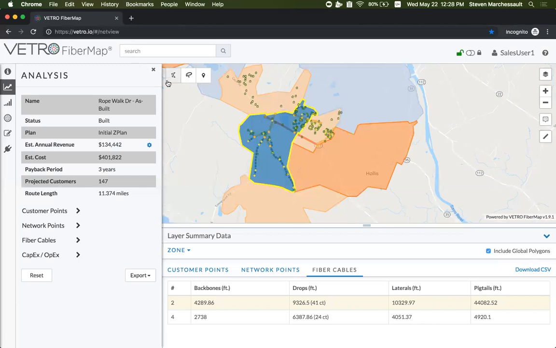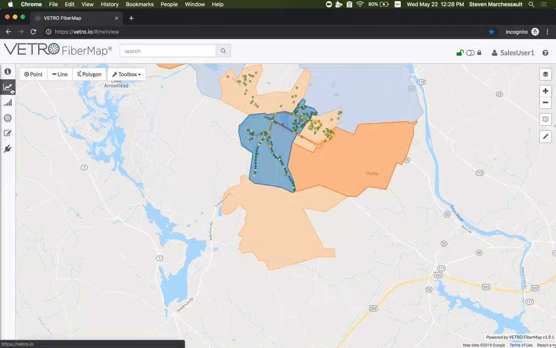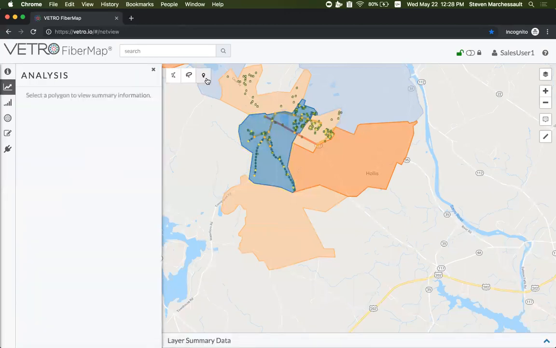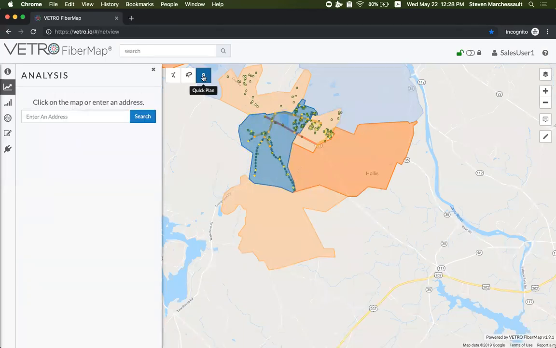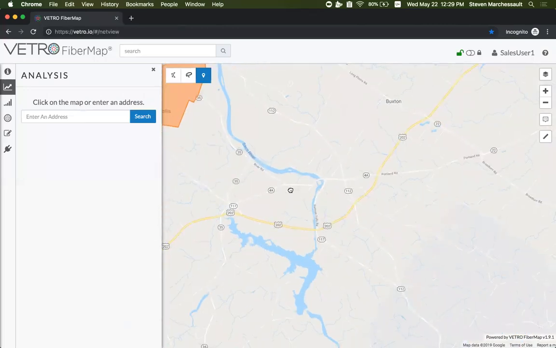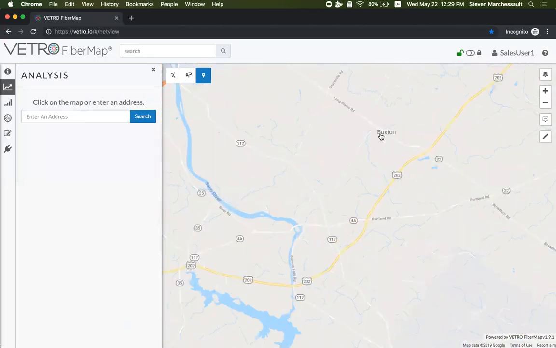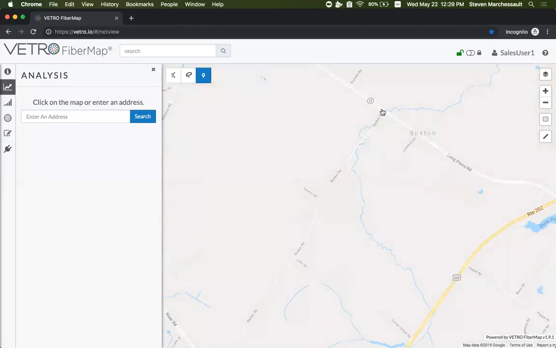So the last tool that we're going to look at here in the demo is this quick plan tool. So jumping back into analysis with polygons, this is the tool right here. And so this makes it very easy for a network planning team, whether it is your network engineering team or your sales and marketing team or a hybrid of the two. They can easily drop a point, or they can enter an address. So we'll say in the town of Buxton here, right at the corner of 22 and Rankin Road, we'll drop